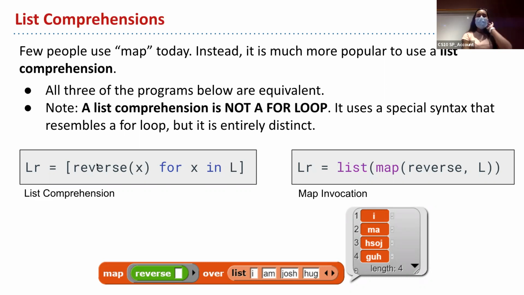new list. And then the other thing that's important is you have to include these square brackets, because if you don't include the square brackets, then it's just going to error, because a list comprehension is a very special syntax that exists. And if you have this for in stuff, it's going to get confused if it doesn't have the square brackets. This indicates that this is outputting a new list. But yeah, basically this would do the exact same thing as map, but it's cleaner, and we can also do it with a filter, which I'll show you in a second. Does this make sense? Are there any questions about the list comprehension so far?